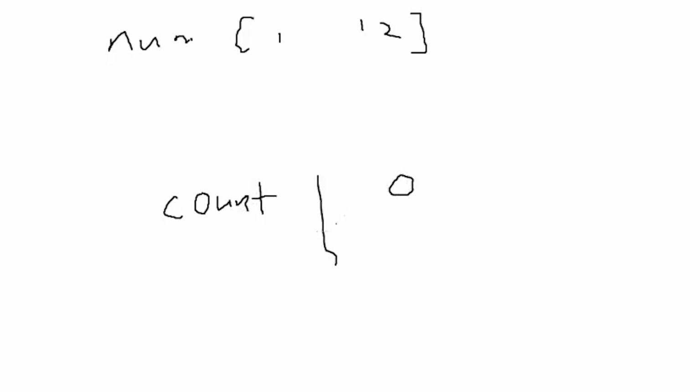So to solve this problem, I'll use the example that they provided in the question. So we have a nums array of 1, 1, 2. I would use the two-pointer approach to solve this question. I'll keep track of a variable called count here, and I'll initiate it with a value of 0. This is the value that we will return at the end, which is the count of unique elements that we